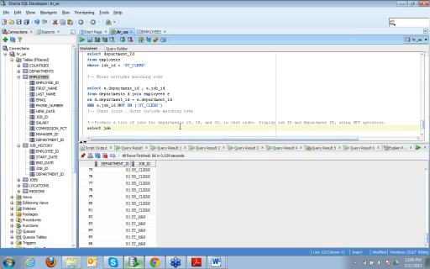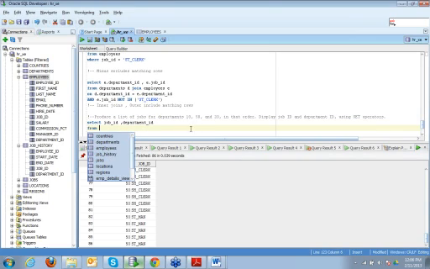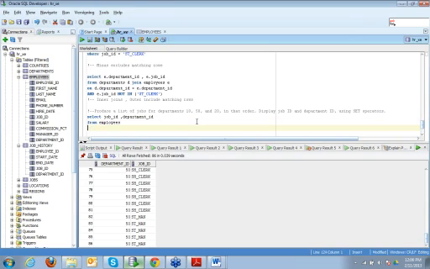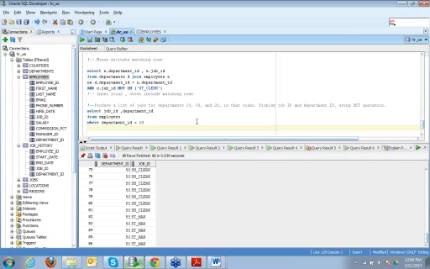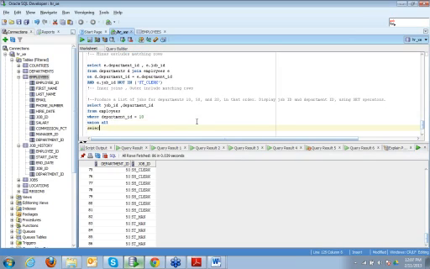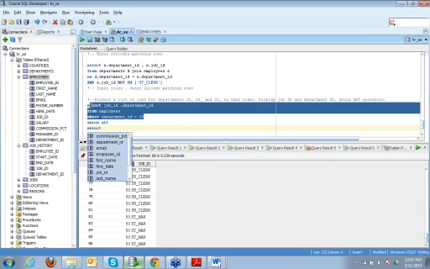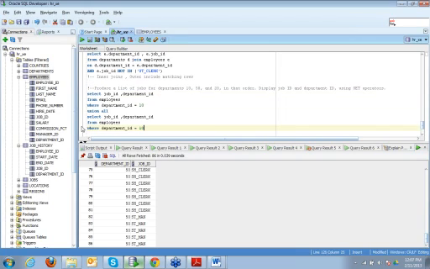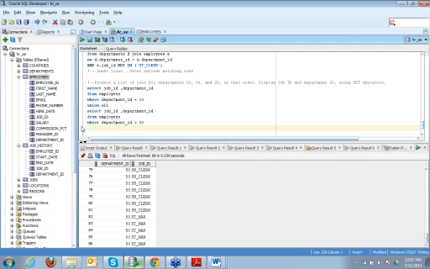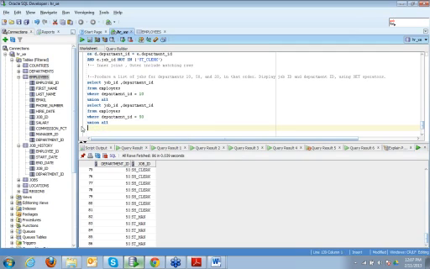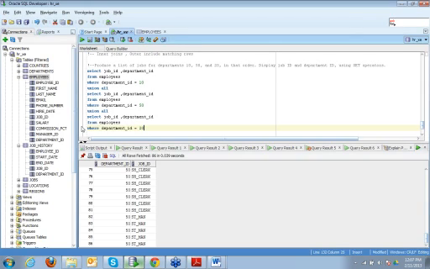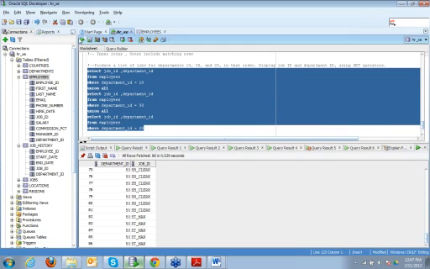So I would write here: select job ID, comma, department ID from employees where department ID is equal to 10, then union, select again the same thing, and here it would be 50, union all, and here it would be 20. And let us run this.